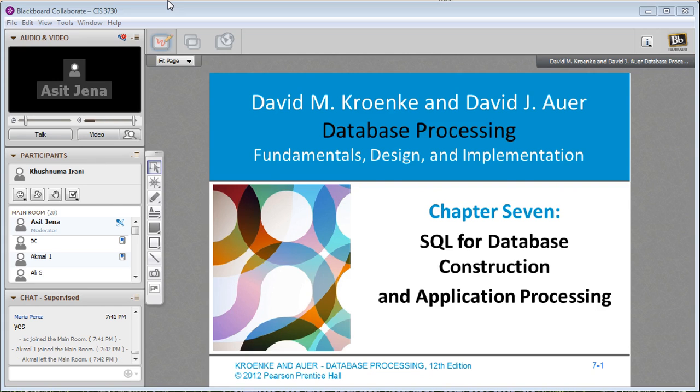So the goal is that, given a business problem, after the conclusion of this class you'll be able to create a data model, you'll be able to implement the data model in the database, and using SQL, you'll be able to store and retrieve information from the database to support a business problem.